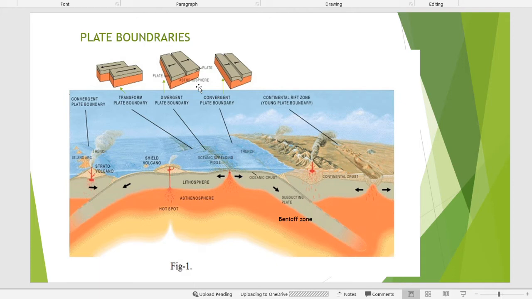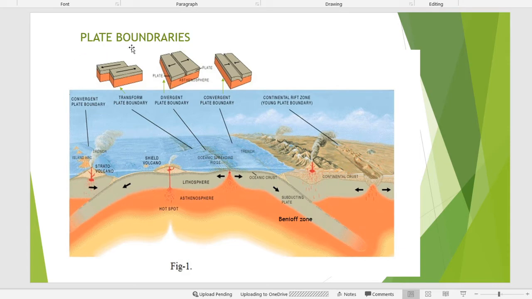Coming to the second type of plate boundary, here two plates diverge from each other, leading to the emergence of magma from the interior of the earth and formation of new crust. In the first type of boundary, we see the destruction of earth crust, whereas in the second, we observe the formation of new crust of the earth surface.